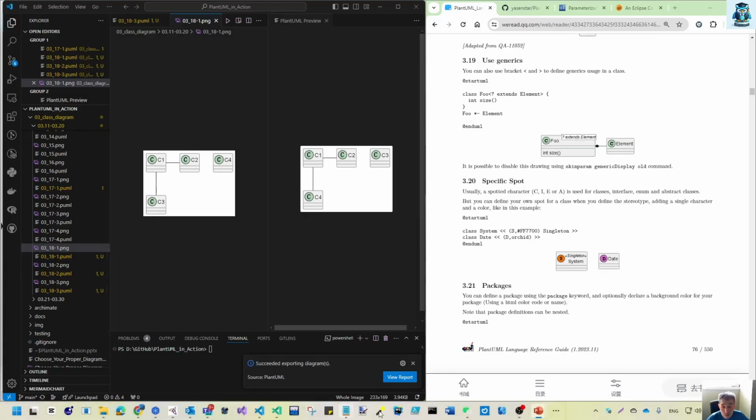The reason I want to put that separately is that if you read the reference guide for PlantUML, you just learn how to do that. It uses the left arrow and right arrow to define generic. So using generic is quite simple, but if you have